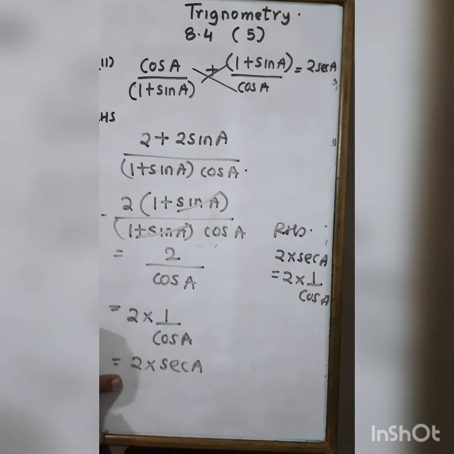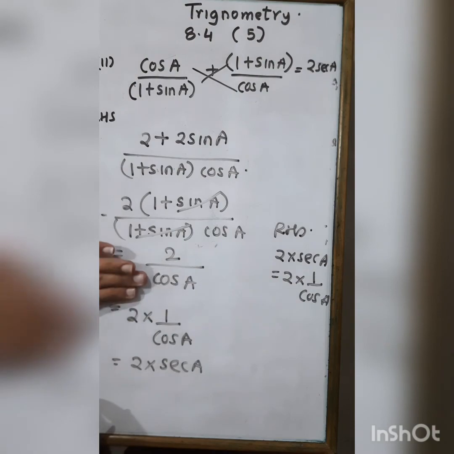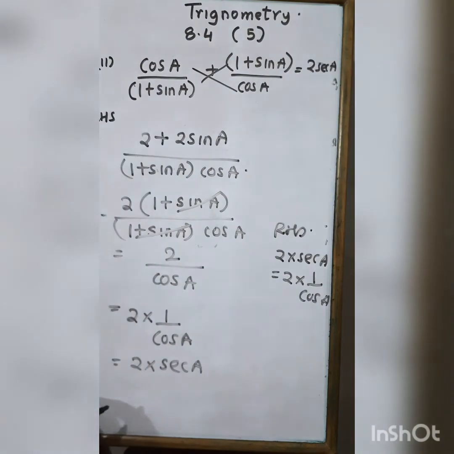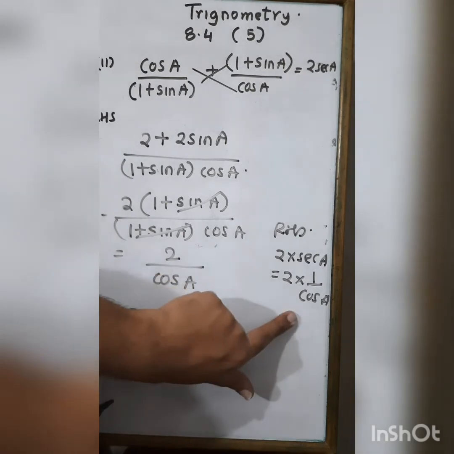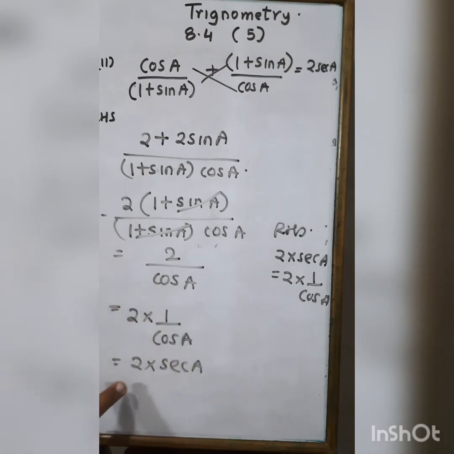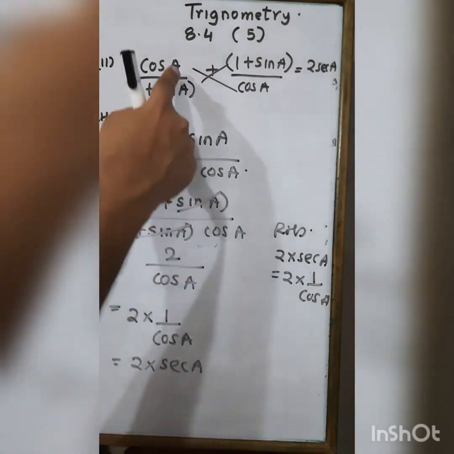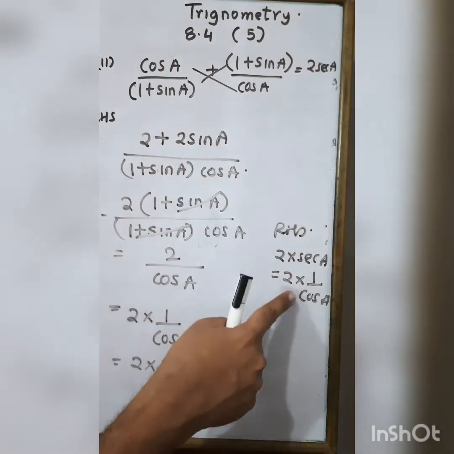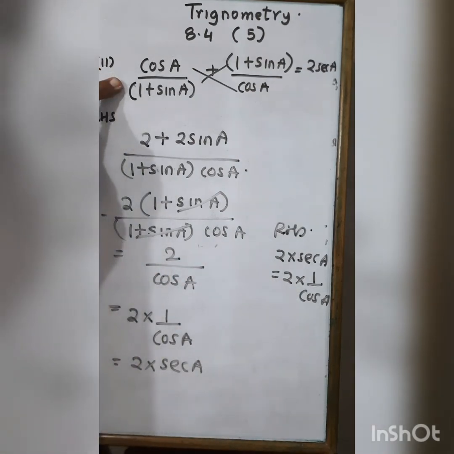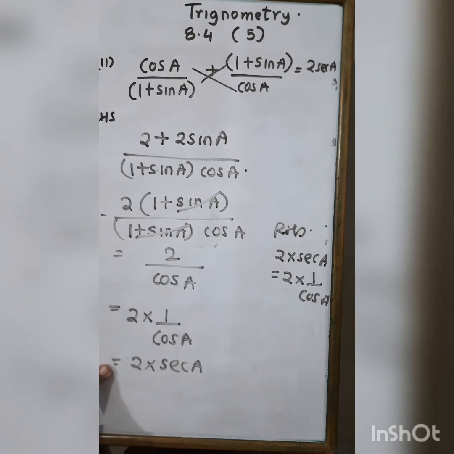See, if you can solve this till this answer, it is okay. But suppose in exam you are confused and you are not remembering this, you stop here, because beyond cos A you cannot do anything. You can do sec A, you can convert into 1 upon cos A. So you start with the right hand side. You can either stop here, then you prove right hand side equal to 2 upon cos A, left hand side equal to right hand side, or you further solve it and prove it to sec A. Anything is allowed. Here what I am doing, I am converting my A to C, my B to C, C equal to C. I told you that method. And here I am converting my A directly to B. Anything is okay.